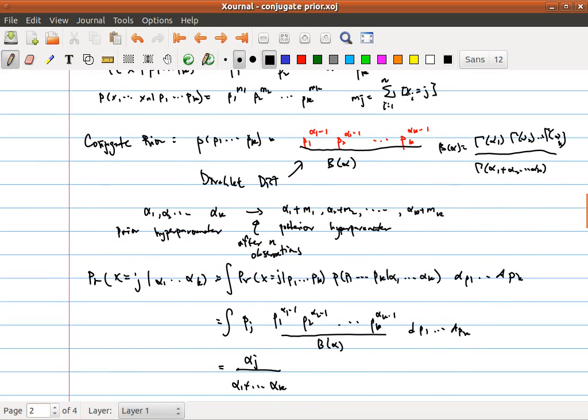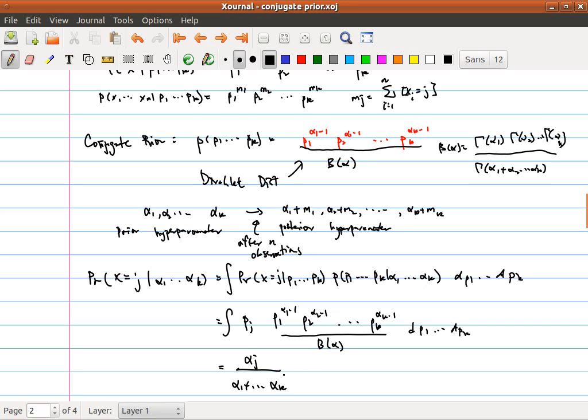Again, given this hyperparameter, we can find the mean and so on. Basically, what's the probability that our next outcome, for example, will be a j, the probability of x equal to j given alpha 1 up to alpha k? What we need to do is, again, integrate over all the parameters p1 up to pk. So this is equal to the integral of the probability of x equal to j given p1 up to pk, times the probability of p1 up to pk given alpha 1 up to alpha k. And given p1 up to pk, the probability of x equal to j is just equal to pj. If we look at that, this is a Dirichlet distribution, and we are really just computing the expectation of the Dirichlet distribution for the